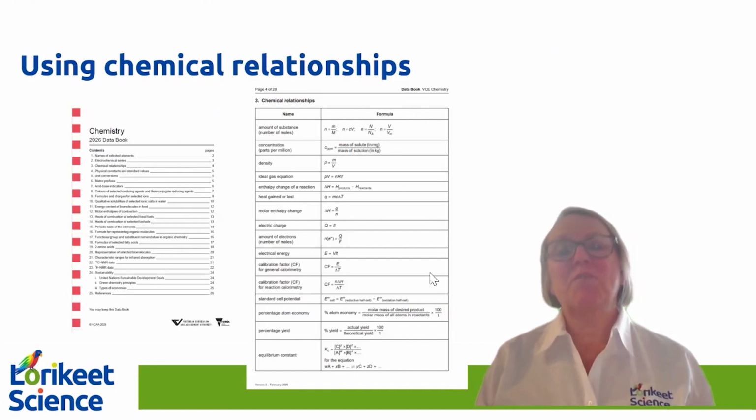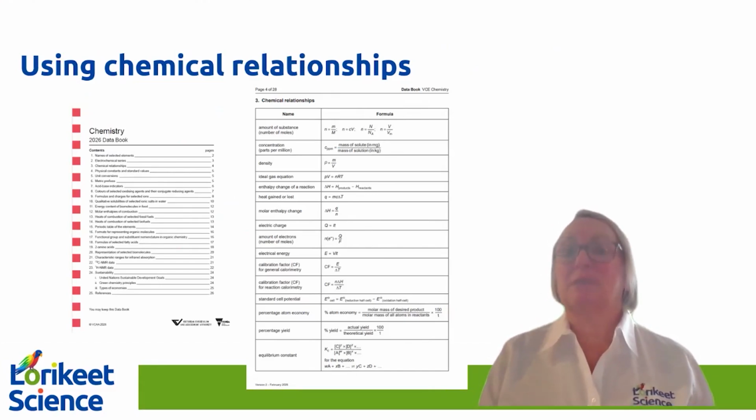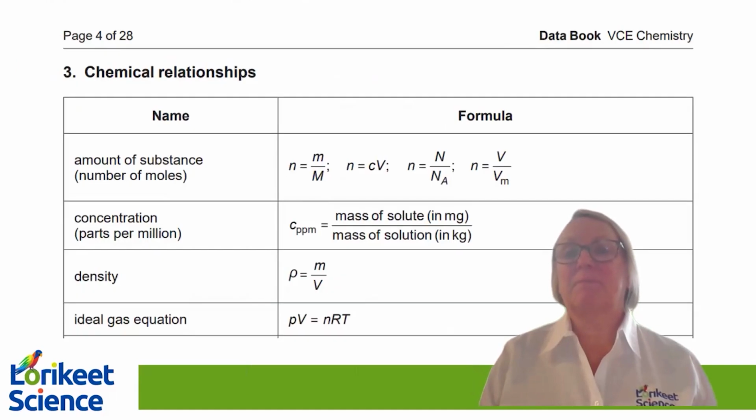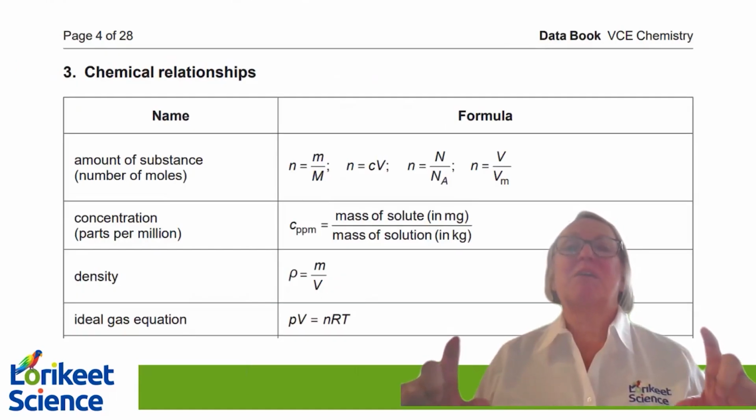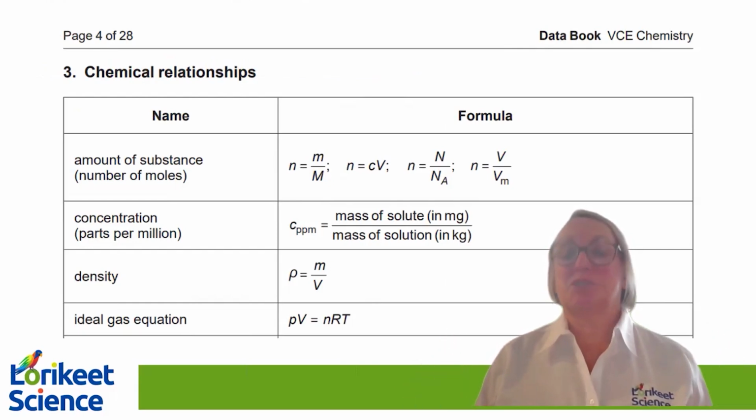And you can see that there's quite a few formulas that VCAA give you, but they don't have units. And you really need to make sure when you use these chemical relationships that you include appropriate units. So I'm going to show you how you can annotate your data book. So this is item 3 broken down into a series of smaller pieces so that I can show you the